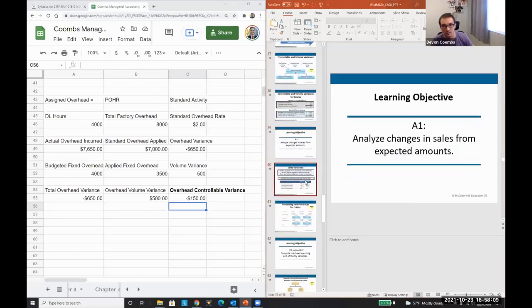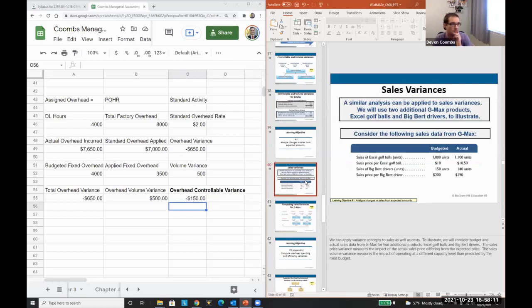We'll keep going then. The next piece is sales variances. This is quite easy. Right? All we're figuring out with sales variances, to go back to a little something more simple, is